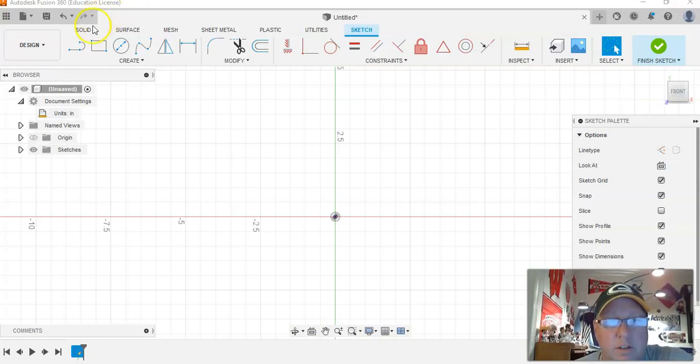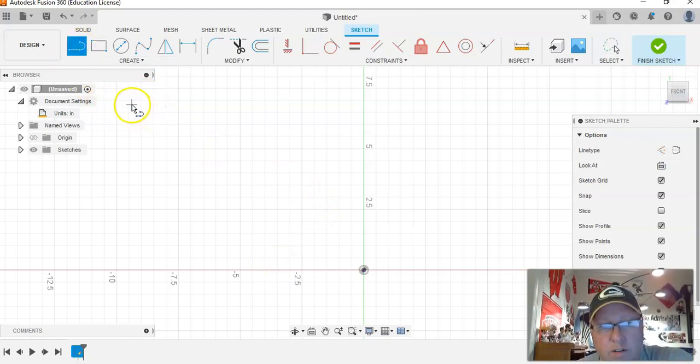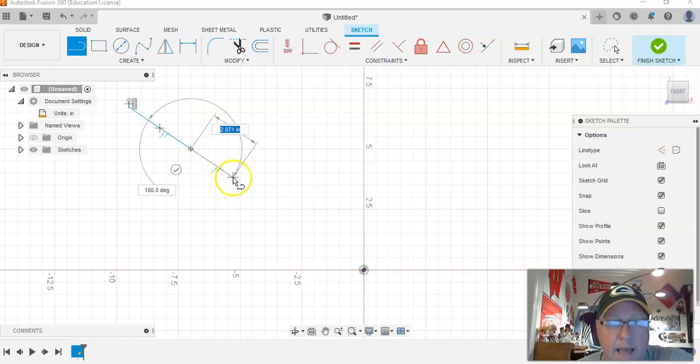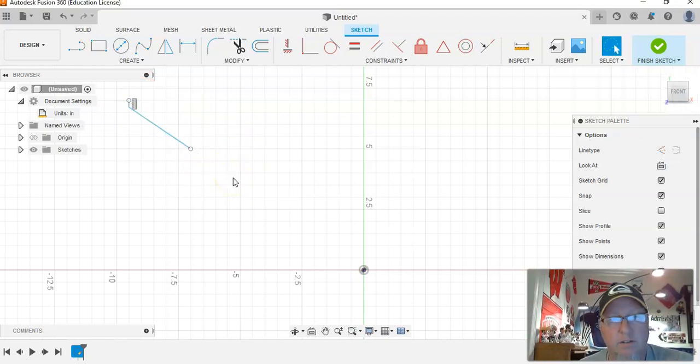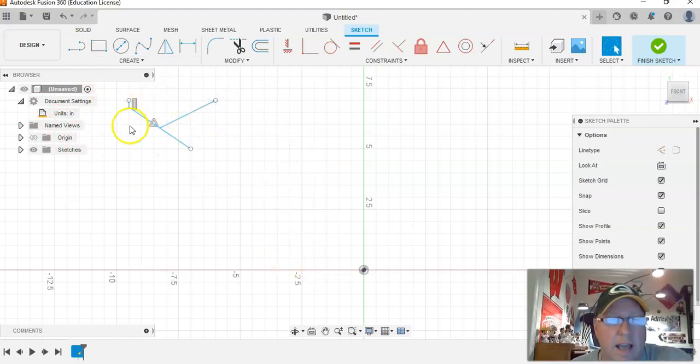So the first thing that I'm going to do is use the line tool, and I'm just going to put 2 lines on the page. It would be great if you guys could keep the drawings in roughly the same order and shape, so when you bring it up for me to look at, it's very easy for me to see that you've done them all. So I'm just going to go kind of over here somewhere and put a line, not straight horizontal or not straight up and down. I'm just going to put a diagonal line on there, and then from that I'm going to use the line tool, and I'm going to put another line off at some angle on that. So these 2 lines are not